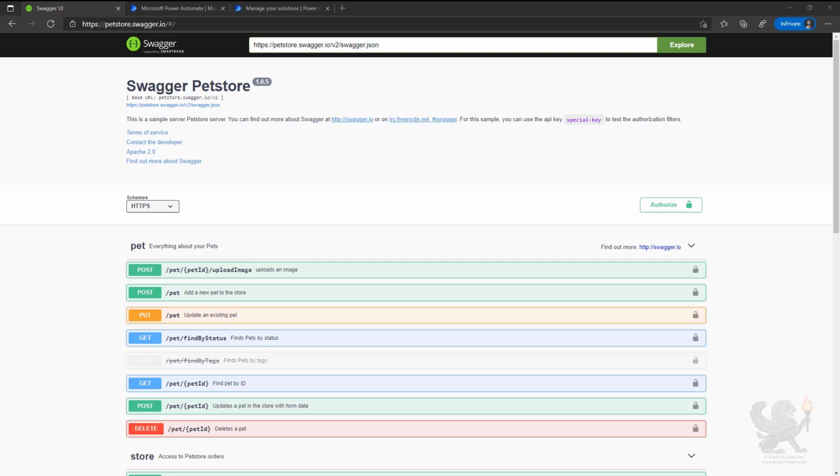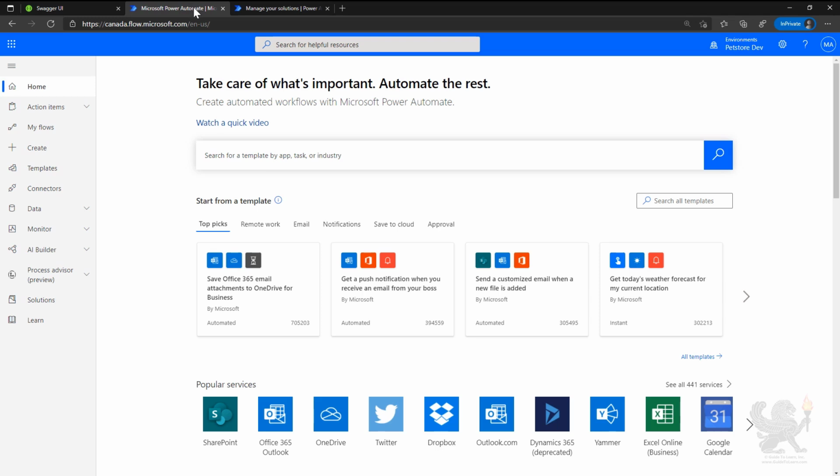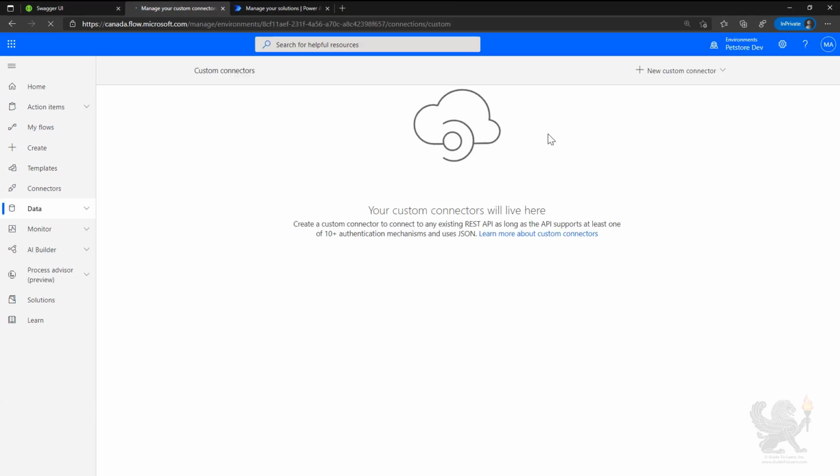In this video, we're going to look at building a custom connector, and to do that, we're going to use a pet store sample API to build the custom connector with. We're going to start building our custom connector in the Flow portal, but you could do the same thing in the Power Apps portal. You can start creating the custom connector by going to Data, Custom Connectors, and from here,